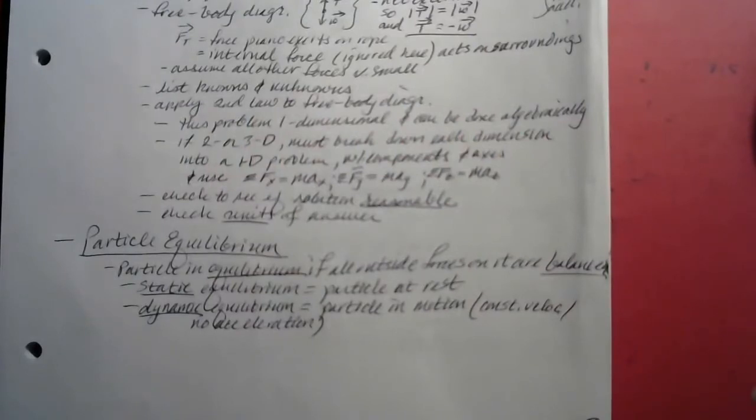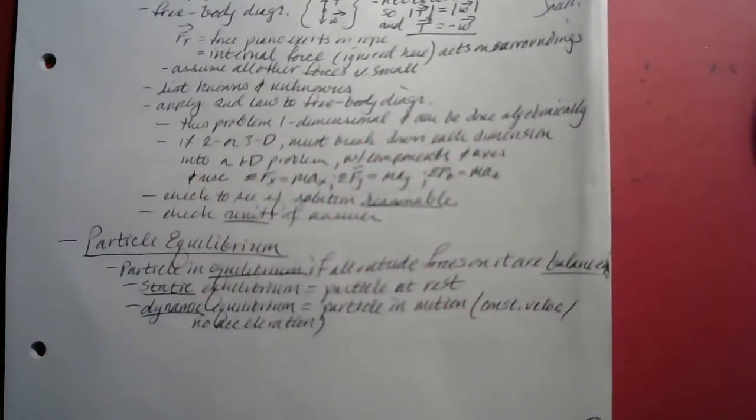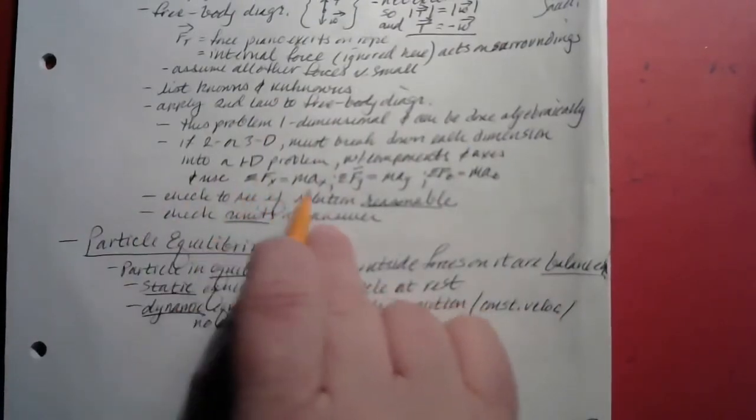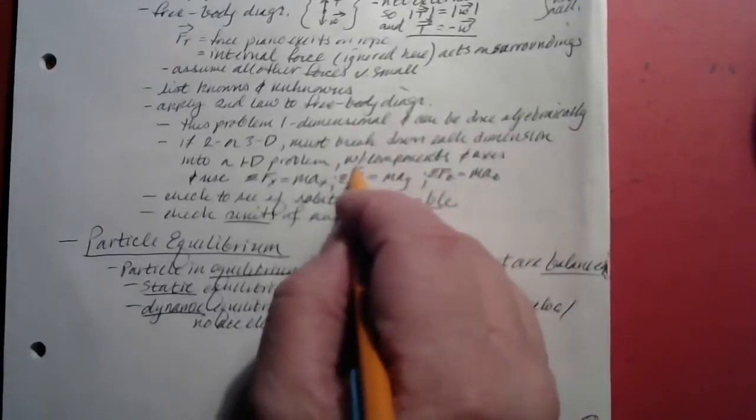You wouldn't even really need to bring in vectors or anything like that to any great degree. If the problem were 2 or 3 dimensional, then you would have to break down each dimension into a one-dimensional problem with setting out the axes and the components,